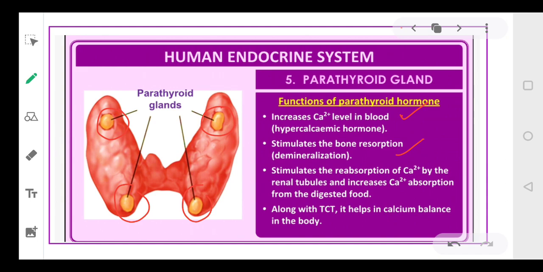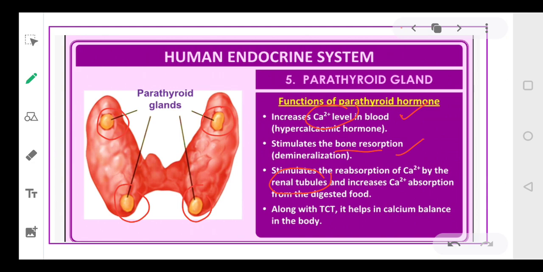As we have seen in the last picture, the calcium ions from the blood are absorbed by the bones. So if there is a large amount of calcium ions in the blood, the bone will absorb the calcium ions and they will be deposited into the bone. So the amount of calcium ions in the bone will increase. Okay, clear? And in the same manner, as the blood contains lots of calcium ions, the renal tubules